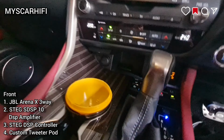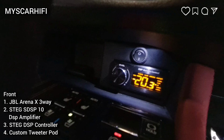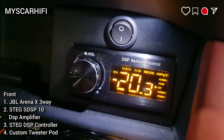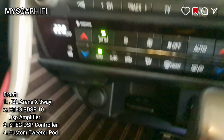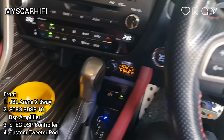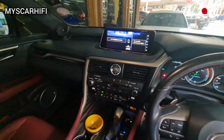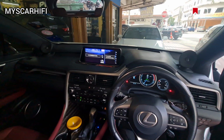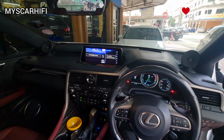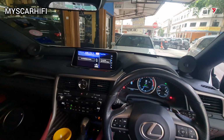And of course we have one. It comes with a STEG DSP controller. So this car uses full DSP with Bluetooth. It's easy. Full wheel, simple setup. Of course behind we still have some speakers and woofers. So this one, let me give you